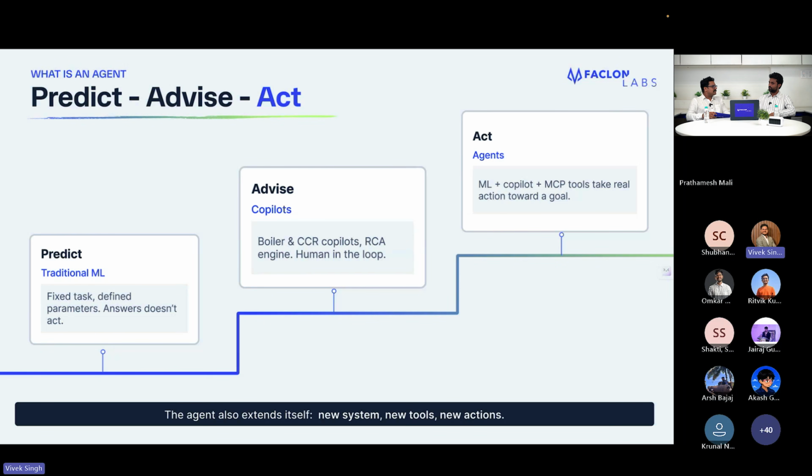Now, what agents did was that they, as I told you, had superpowers called tools, or MCPs, as other companies productize. So with this, these AI agents can use all these predictions from these traditional ML models. They can take all the suggestions that they got from these co-pilots, as well as actually take actions on the shop floor, which means that they are exposed to this set of actionable tools where they can go and write actions on the DCS. They can create a ticket. They can create, let's say, an order for the procurement of any specific item. So all of this can now be done using AI agents.